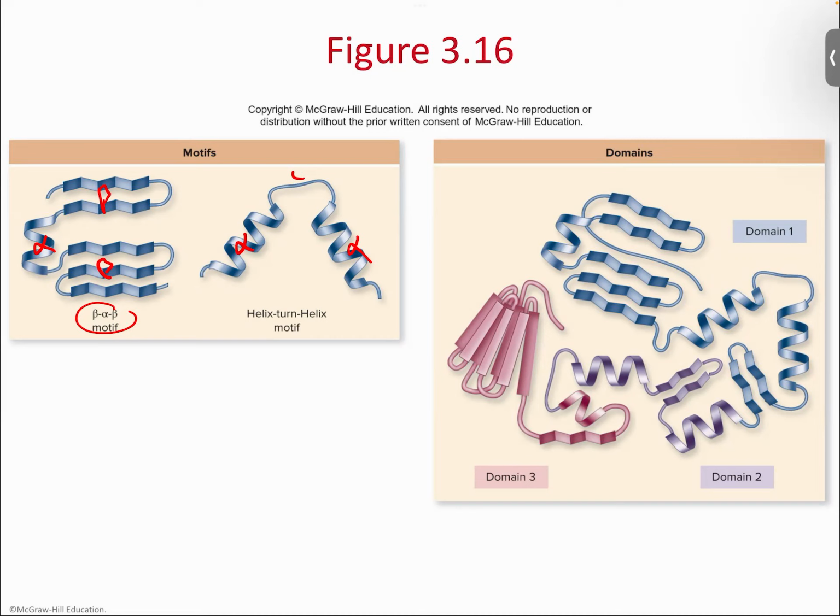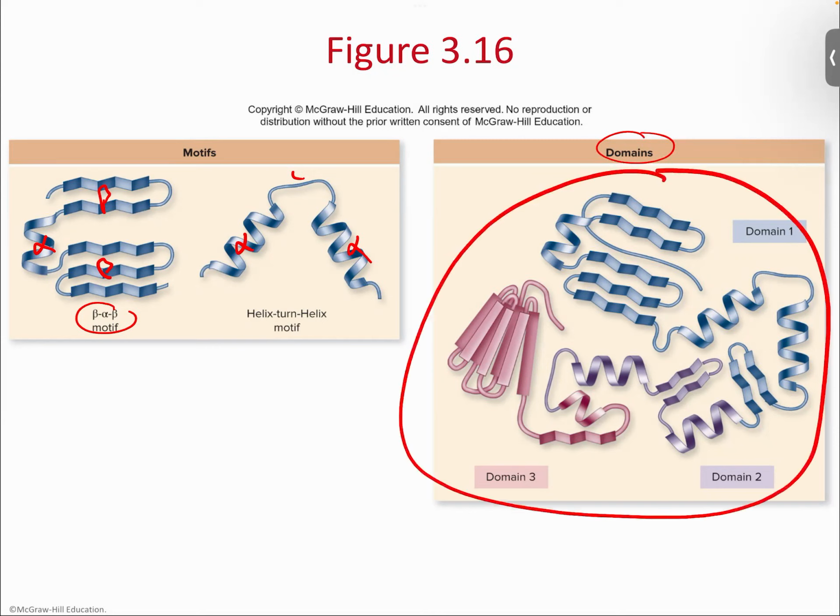But the domain idea, this is something that a lot of times will confuse students until I break it down. So what we're looking at here is one subunit, just like before, right? We have the subunit of a tetramer, that's what we use as the example. But within this subunit, you have different domains. Now, let's take a look at the domains. Domain number one